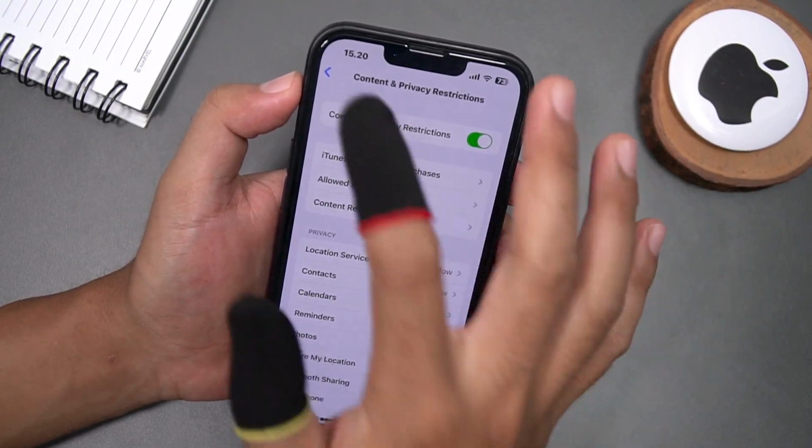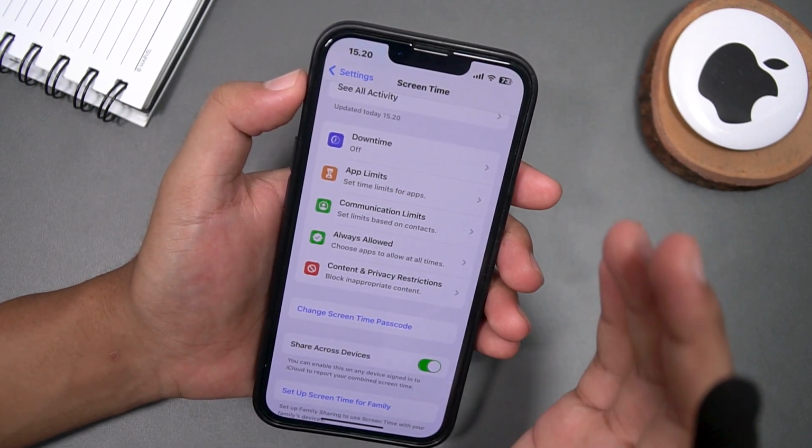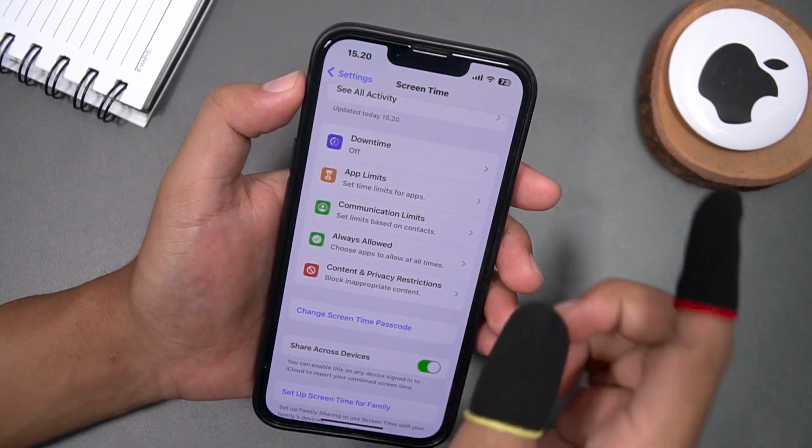That's it. With these steps, you can start using the iPhone screen time feature to monitor and control your device